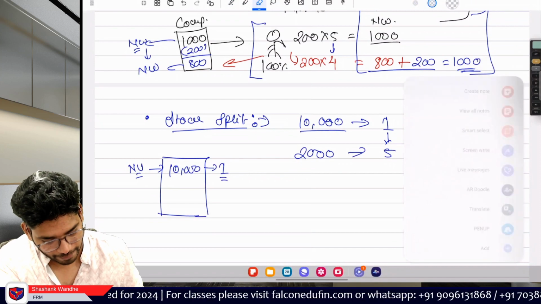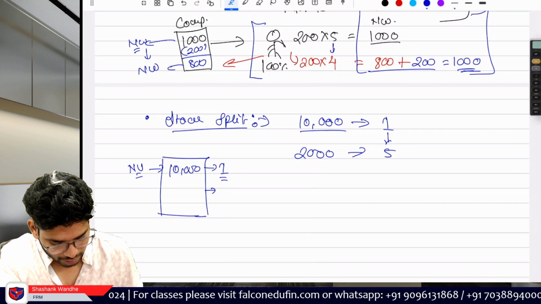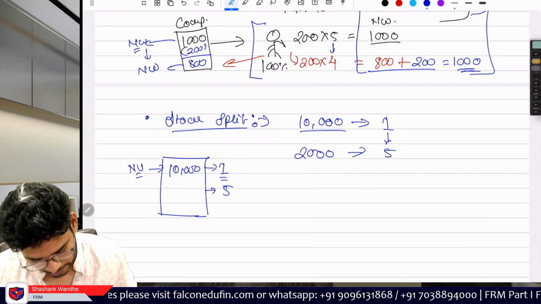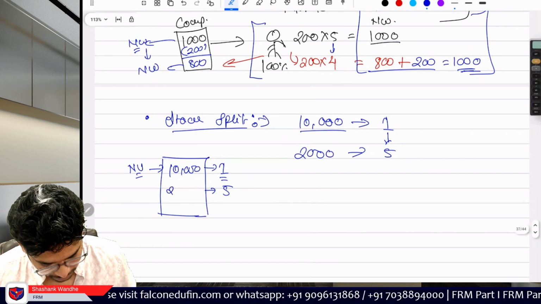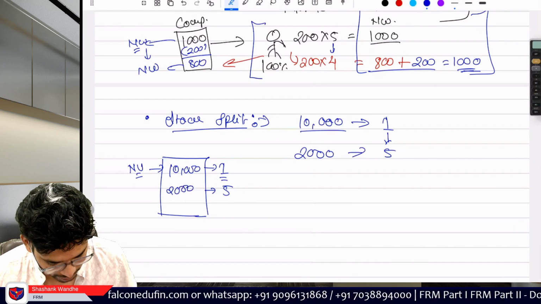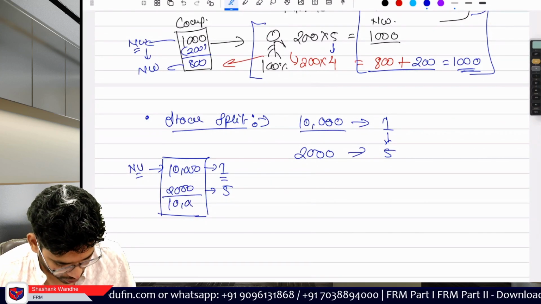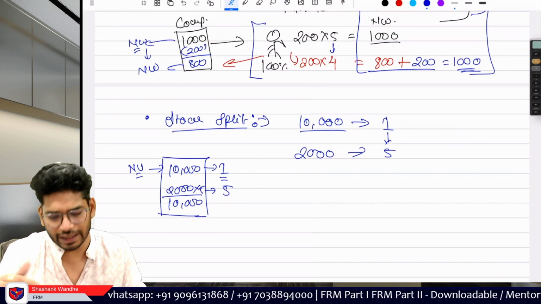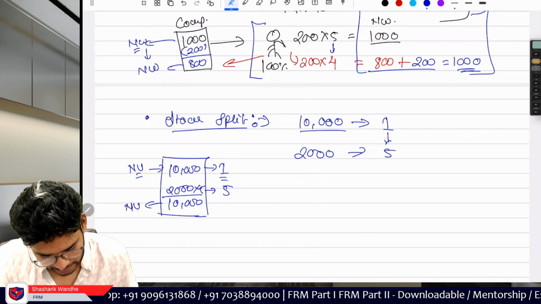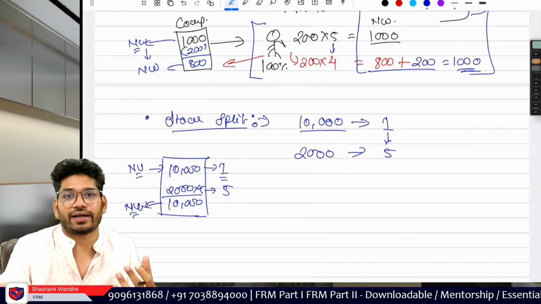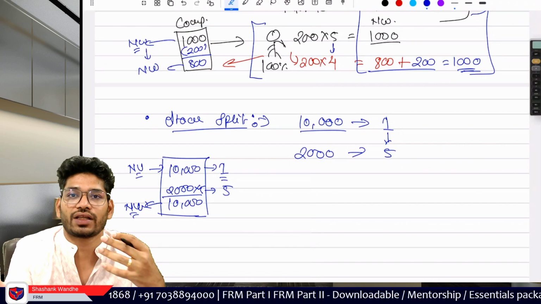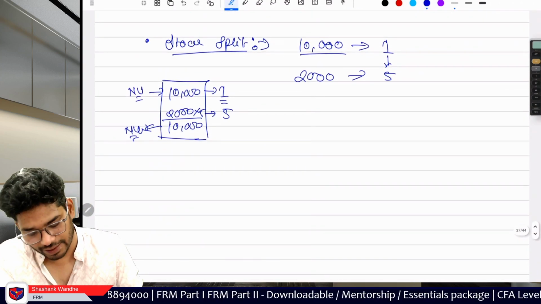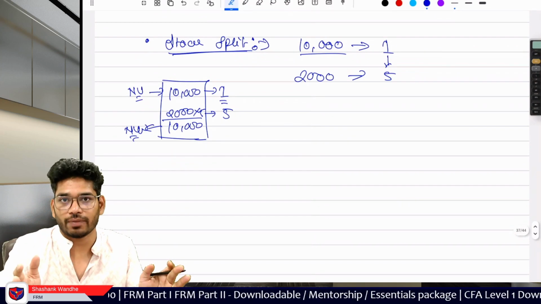Now, in this case, this one share will get converted into 5 shares, and each share will have a value of 2,000. But remember, it is not going to affect the net worth of the company because it is 2,000 multiplied by 5. So ultimately the net worth is the same. You can think of it as a book entry. Okay, so in the books, the company is just changing the number of shares issued, right? So this is a stock split, simply splitting one stock into multiple stocks.